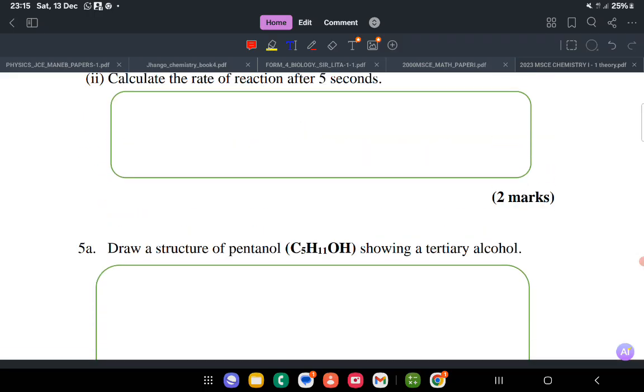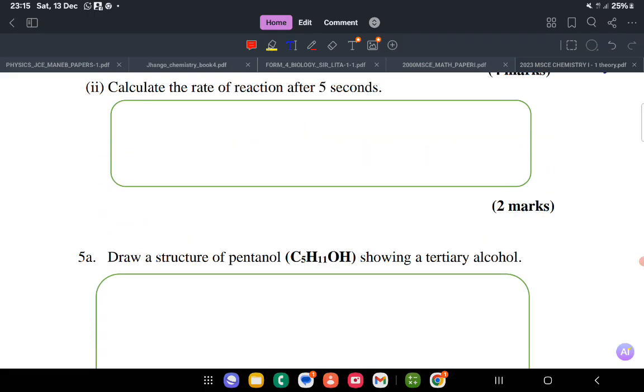Okay, I would like to leave you now, but before that, let's do this last part, and then when we meet again, we shall look at the rest of the questions. We're still doing section A. Draw a structure of pentanol. Pentanol, this is an alcohol,